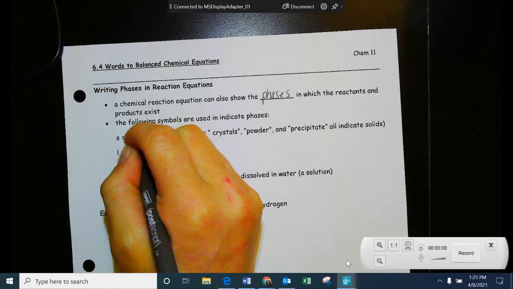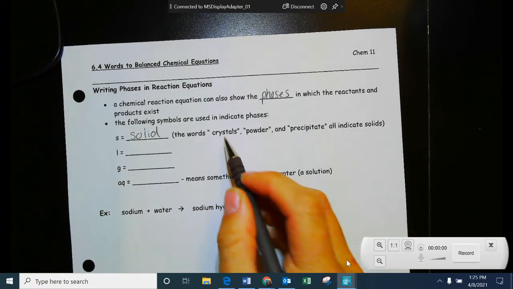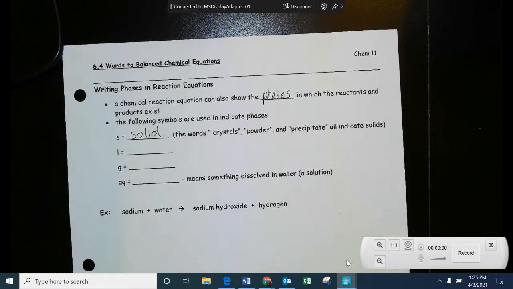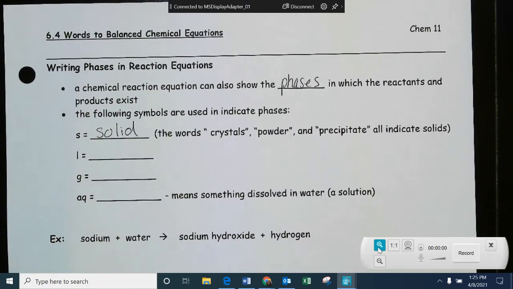S is for solid. Crystals, powder, or precipitate are all indicative of solids. So if you see any of those words in an equation or a word problem,